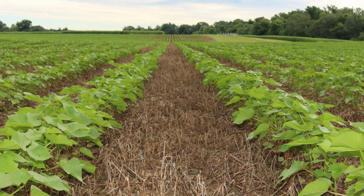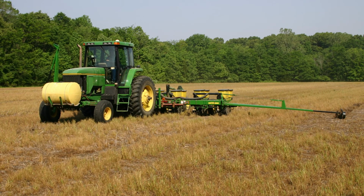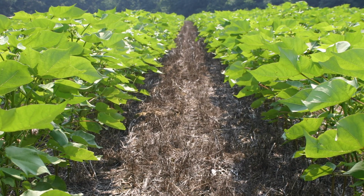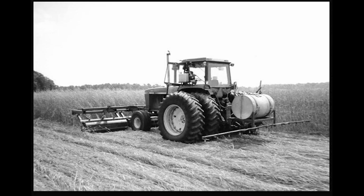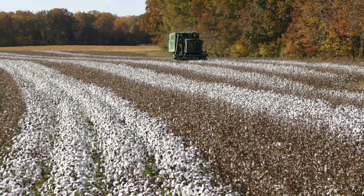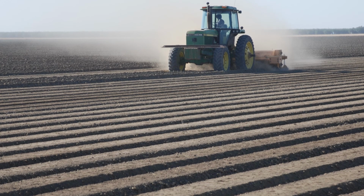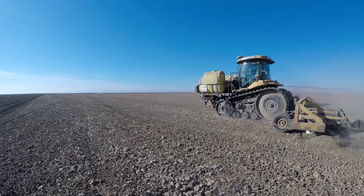While soil health management systems that include reduced disturbance tillage, the use of cover crops, and valuing the preservation of soil surface residues are common in many parts of the cotton belt, including in Tennessee, where over 80% of cotton has been produced for decades using no-tillage and high-residue practices. Cotton production in California has historically relied on clean seedbed preparation and high-disturbance tillage practices for its success over the